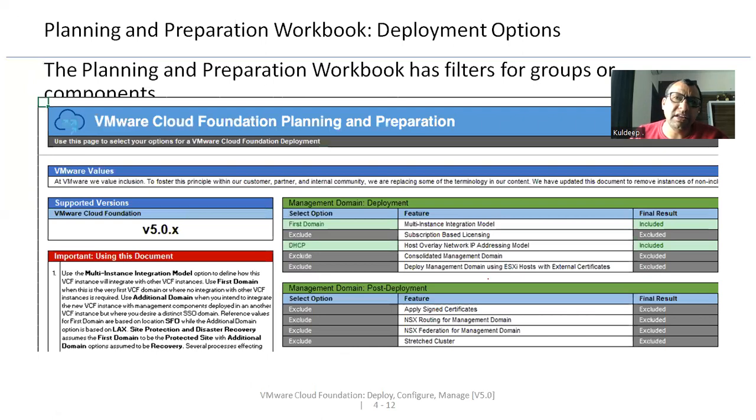So this is a glimpse of all the details we can fill in the planning and preparation workbook. The workbook will look like this, where you have to give all details: the multi-integration model, what kind of license we are using, and whether we are using DHCP for assigning IP addresses to the tunnel endpoint interface on the ESXi host. Management domain: is it a consolidated architecture or a standard architecture? Do you want to use an external CA? So all kinds of details, like management and post-deployment certificate details,